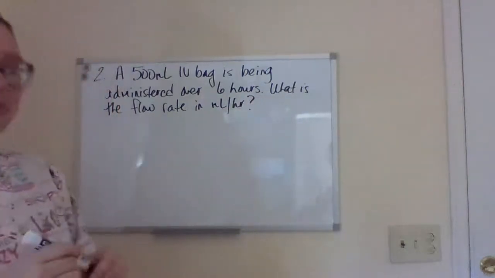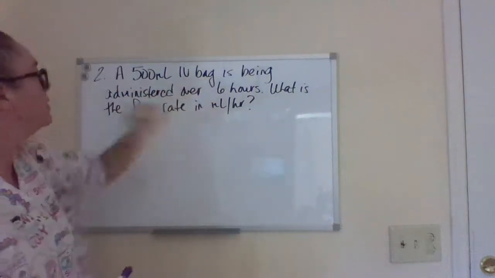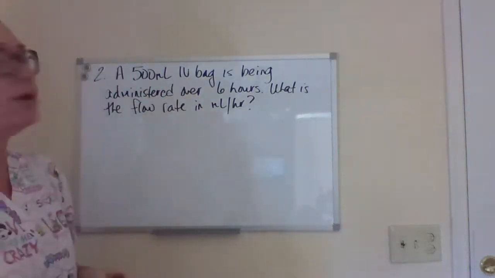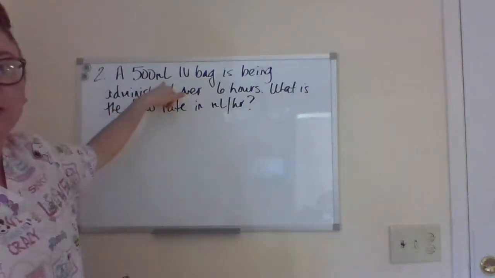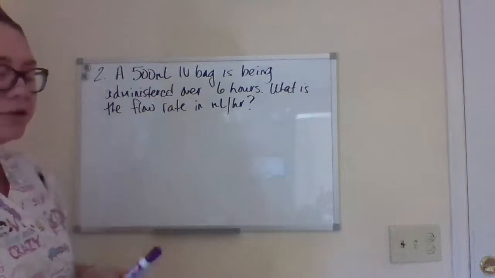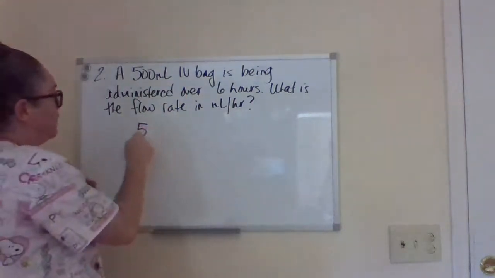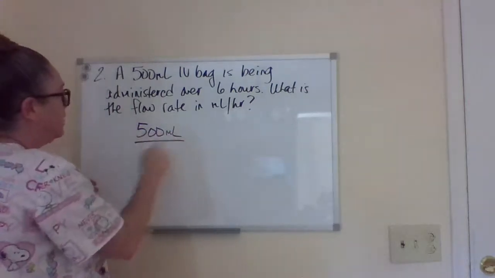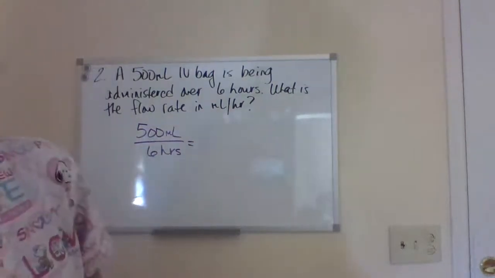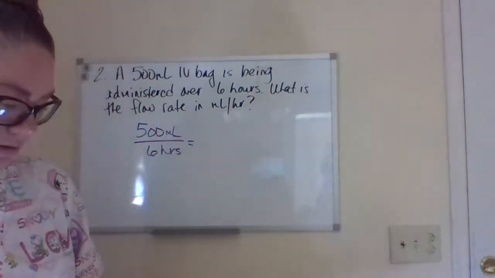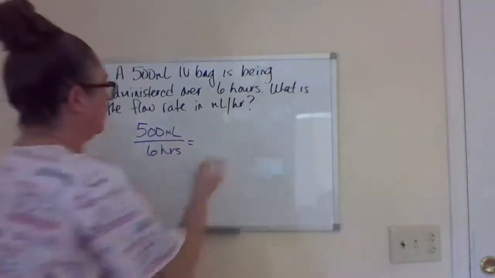All right, so number 2, we have a 500 mL bag. It's being administered over 6 hours. What is the flow rate in milliliters per hour? Here we see that our bag is already given in milliliters, so we don't have to make that conversion. You're just going to plug it into your formula: 500 mLs divided by your 6 hours. And you get 83.3 milliliters